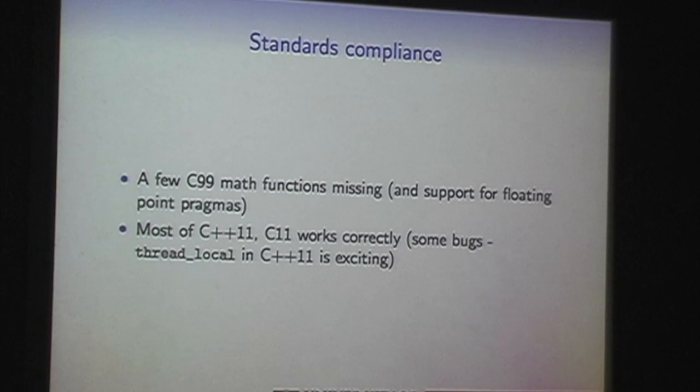Thread local is really exciting in C++ because any C++ value can have constructors and destructors, which are code that runs when the value is created and destroyed. And if you have one in a global, then they must run when either the program starts and exits or the library is loaded and unloaded. If you have one in a scoped static, it must run in a thread-safe way the first time that variable comes into scope, which you can use for lazy initialization, which is kind of nice, but is a little bit scary to implement. But if it's a value in thread local storage, it must be created every time a thread is created and destroyed every time a thread is destroyed.